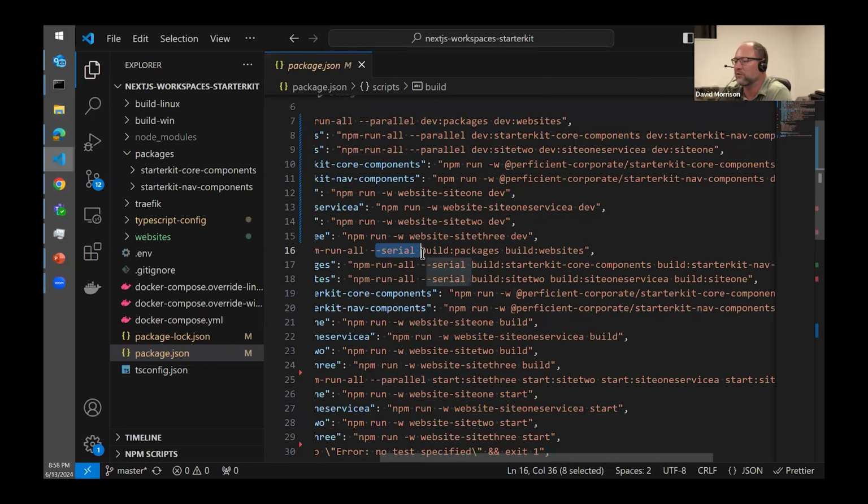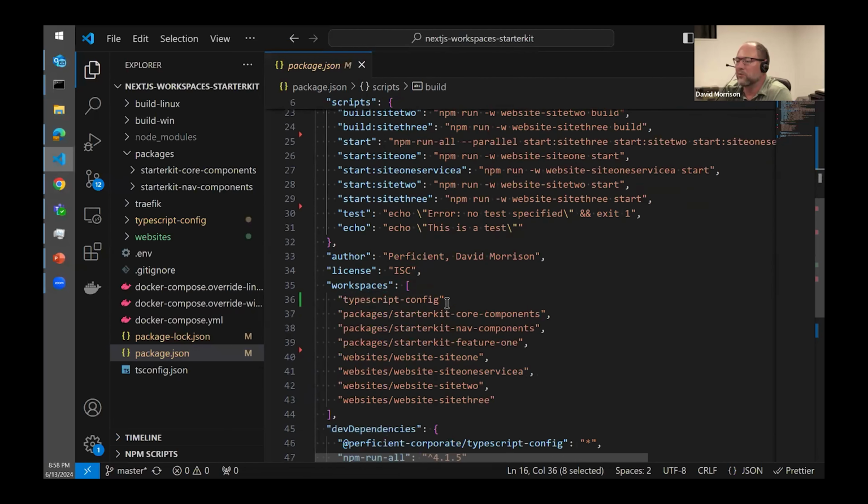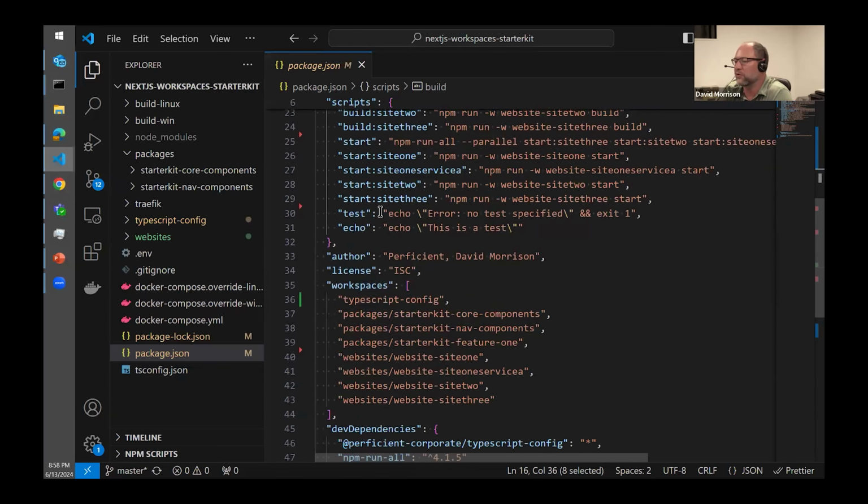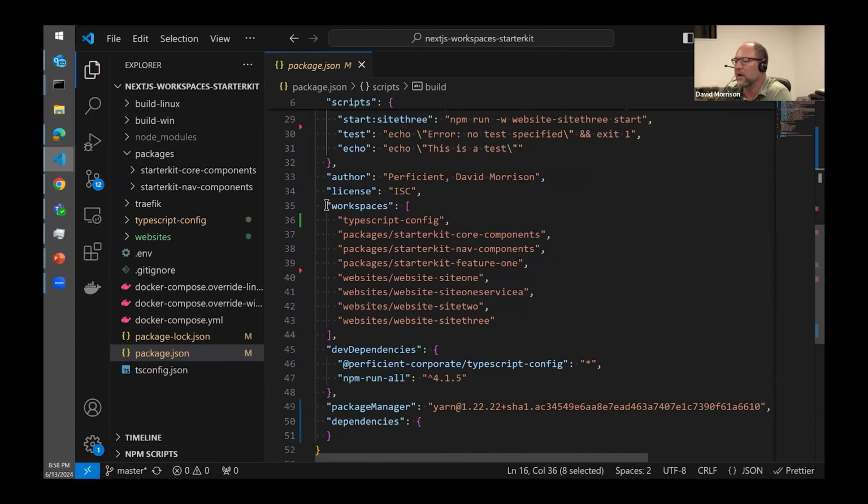So that's where we start to use the serial command. So my root package is really just a combination of tasks. I pull all the workspaces together, and I think we went over this pretty good. And then I have just one or two dev dependencies on npm run all to run all my tasks, and then I also import the TypeScript config.